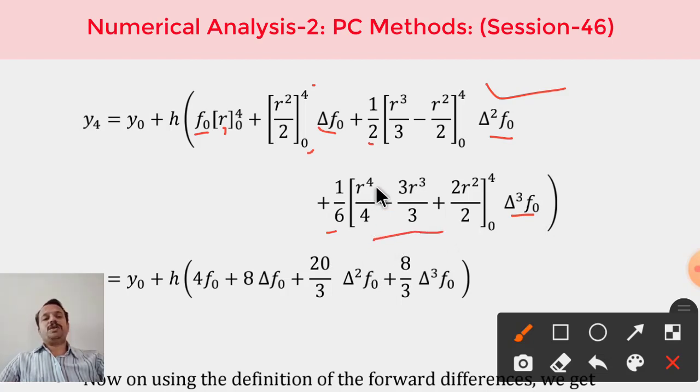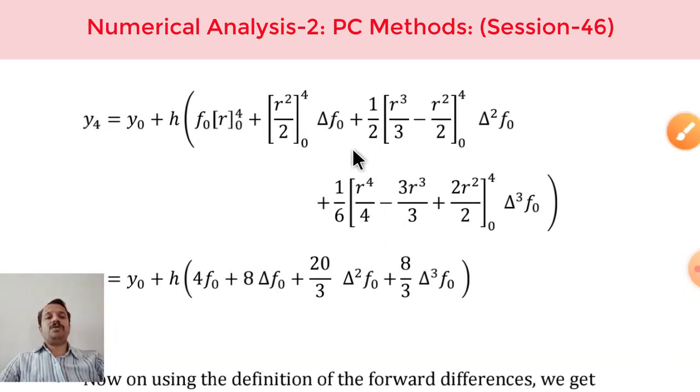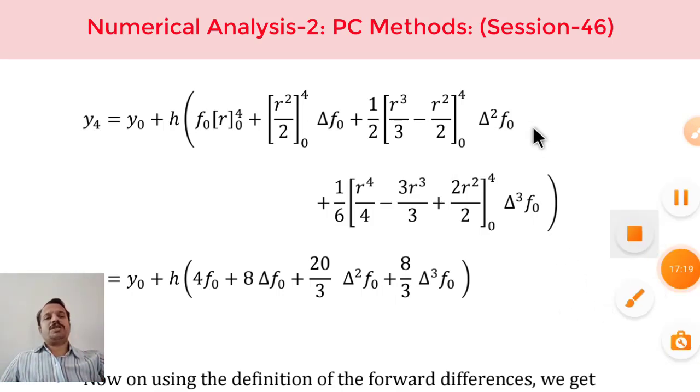So integration of r cube is r to the power of 4 by 4, 3 as it is, r square integration is r cube by 3, plus 2 as it is, integration of r is r square by 2. Limits are 0 the lower limit, 4 the upper limit. Now in the next step we have to substitute the values of upper limit 4 and then minus r equal to 0 in the lower limit, in the place of r. If we substitute the lower limit, we observe that everything is 0 because each term contains r, therefore each term after simplification becomes 0. So there is no question of any term on the right hand side with the lower limit.